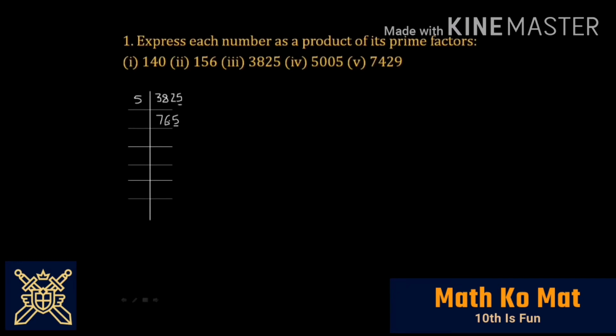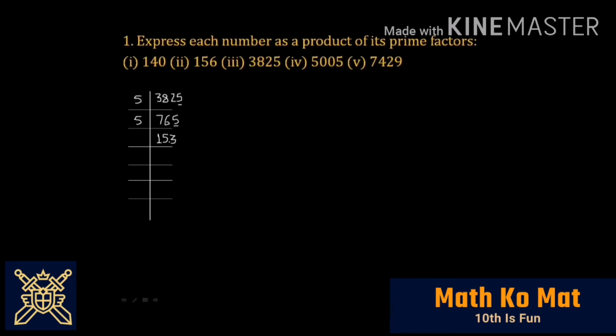Again you can see 5 is there, so we'll divide it by 5 again. So 5 1s are 5. 7 minus 5 is 2. 26 would be the number which we have, so we'll take it for the fifth time. So 5 5s are 25. 26 minus 25 is 1. And 1 and 5 is 15. So 3 5s are 15. So we are getting 153 here.